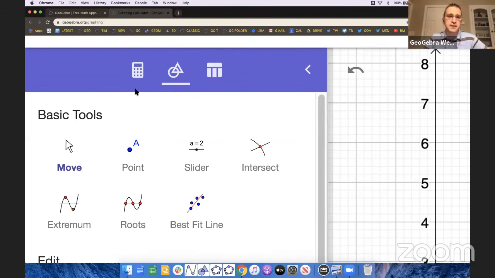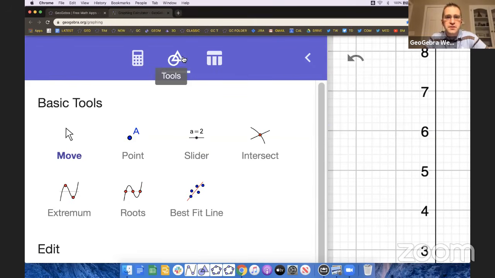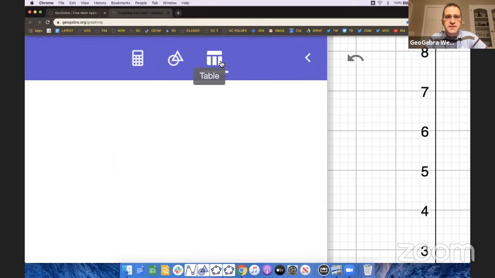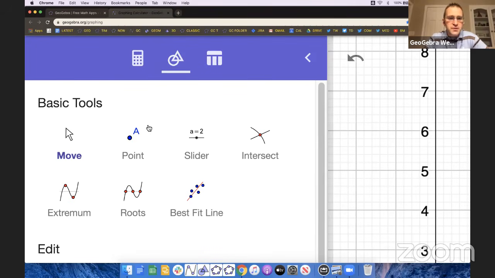Again, in the graphing calculator, you have your algebra view, which is the calculator symbol right here. You have your tools, which are the circle and triangle right here. And over here, you have your table, any tables you make. So we're just going to go to the tools. We're just going to plot a point,